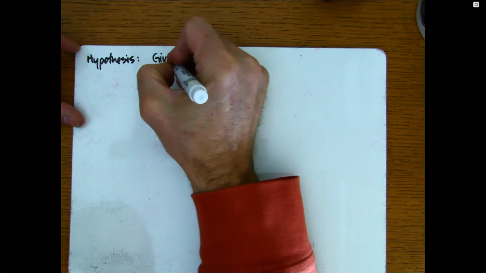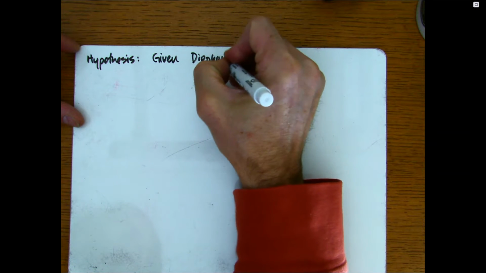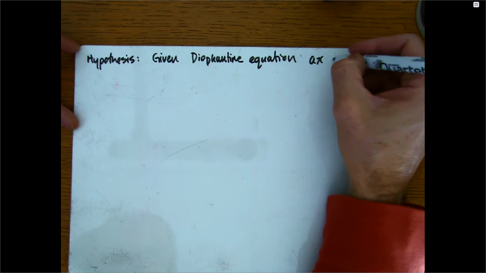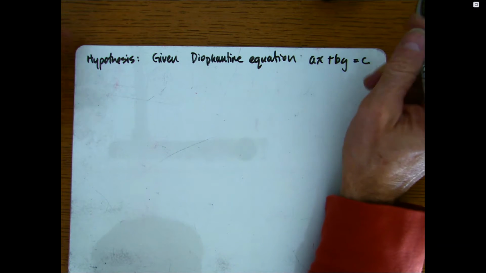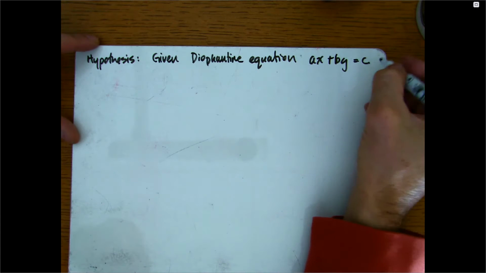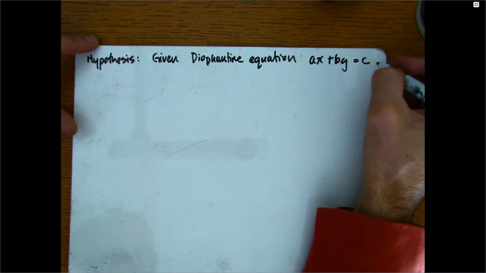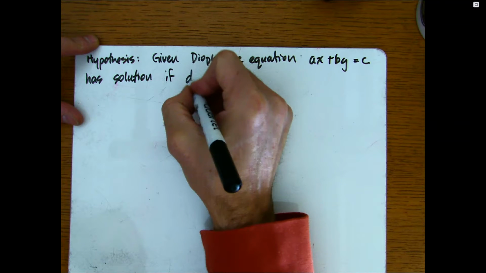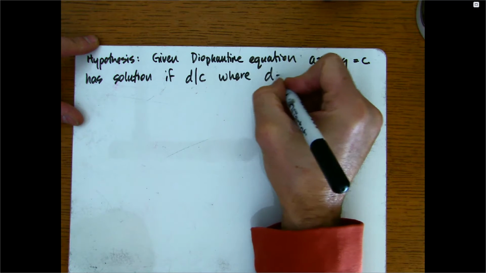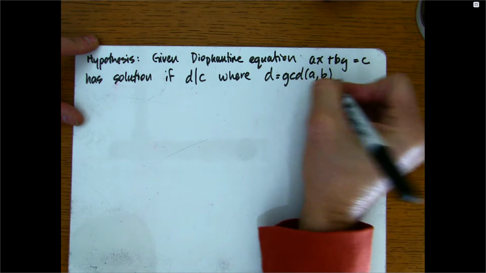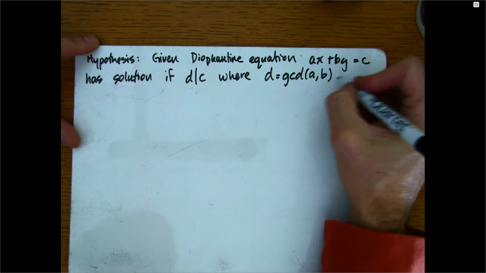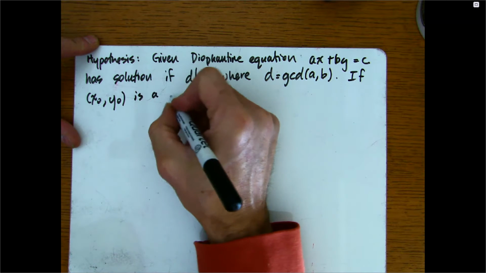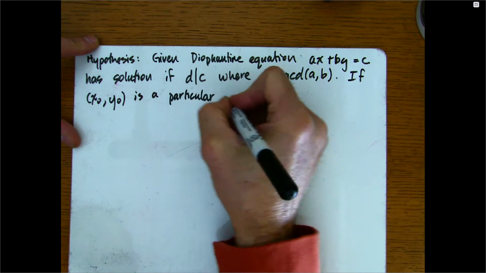If we are given a Diophantine equation, and I'll assume you know the definition of that, ax plus by equals c, it has a solution if D divides C, where D is equal to the GCD of A and B, and if x naught, y naught is a particular solution,